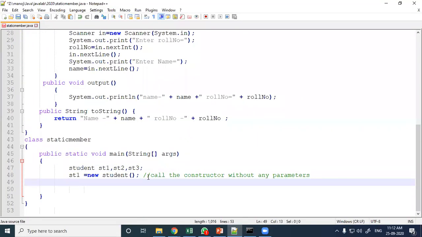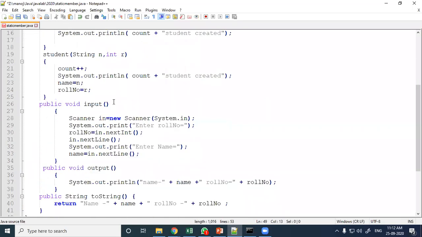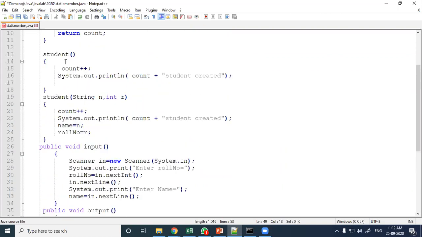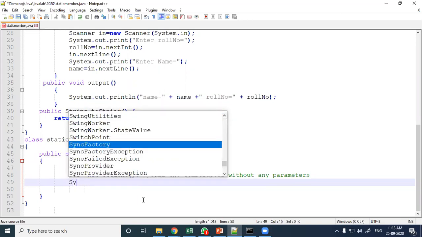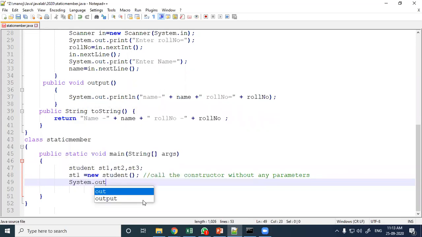When this object is created, the default constructor is executed automatically, the count value increases by 1, and it prints the message.